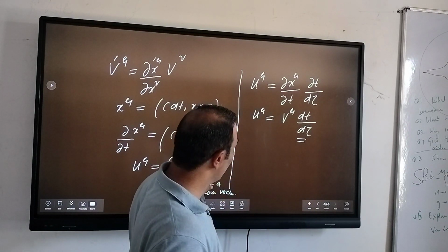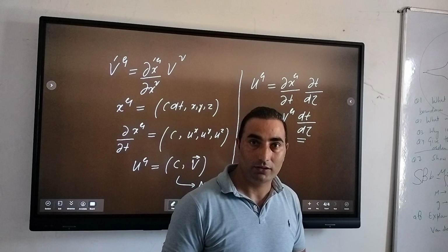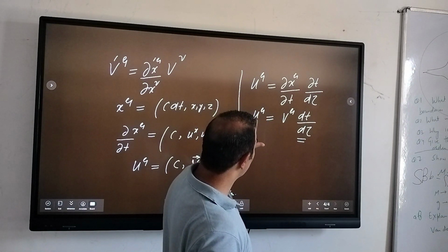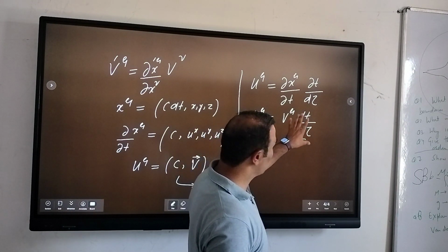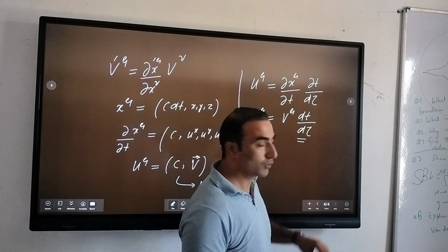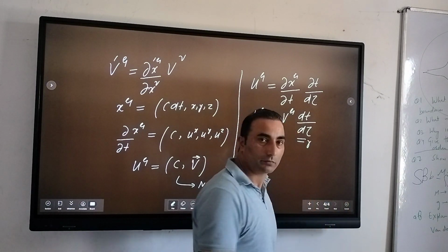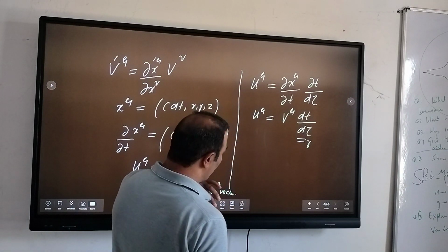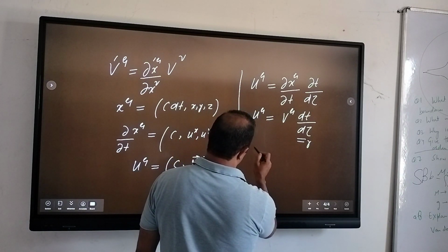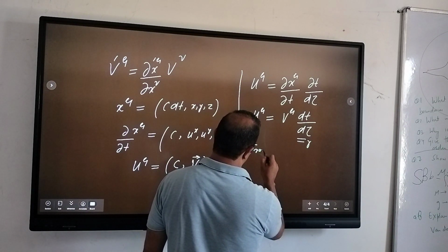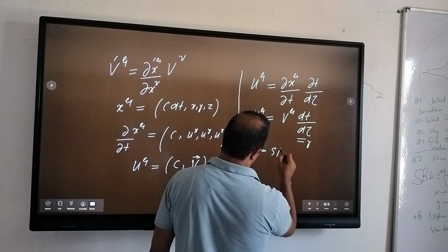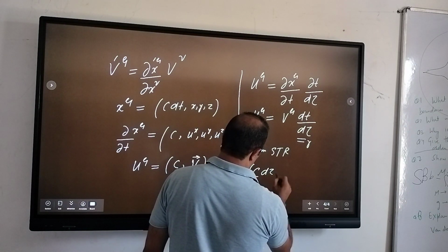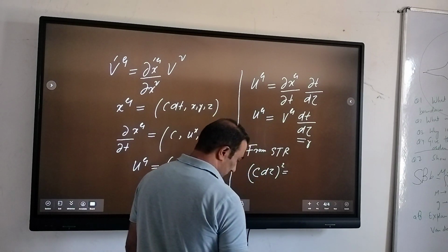So in order to preserve the conservation laws, or you can say the basic laws of special relativity, we are writing that in terms of this one, but it should be like gamma times some mu. So that means this should be our gamma, right? So let's calculate its value. We can rewrite this as, from SR, or you can write from STR, we can have c d tau square equal to,